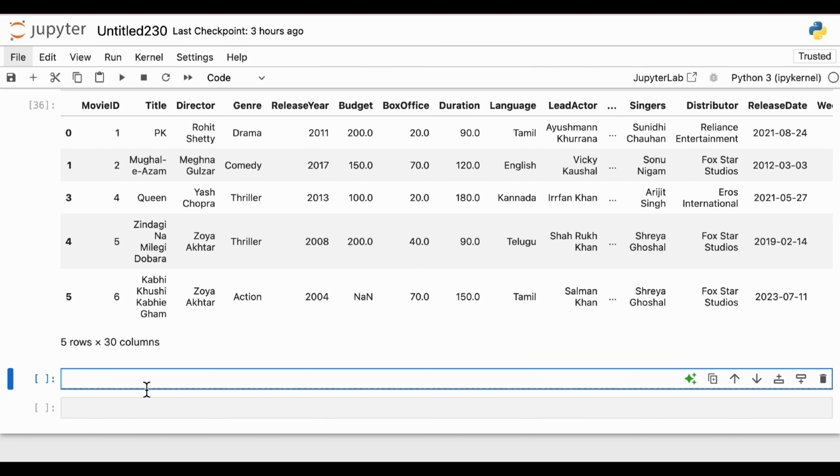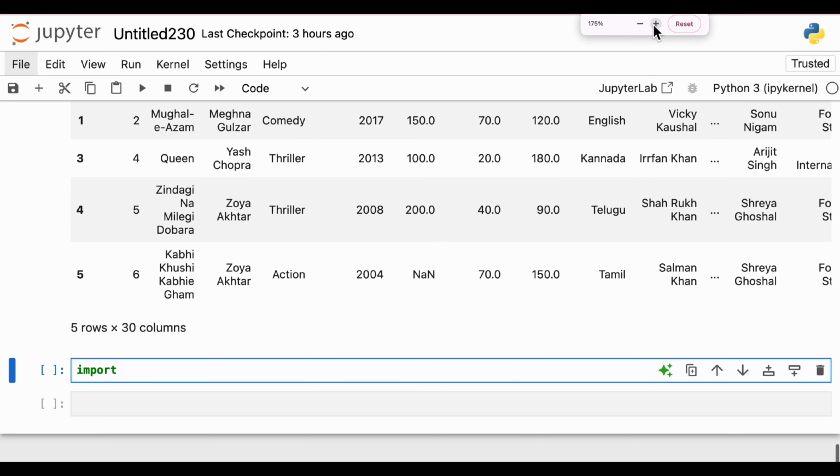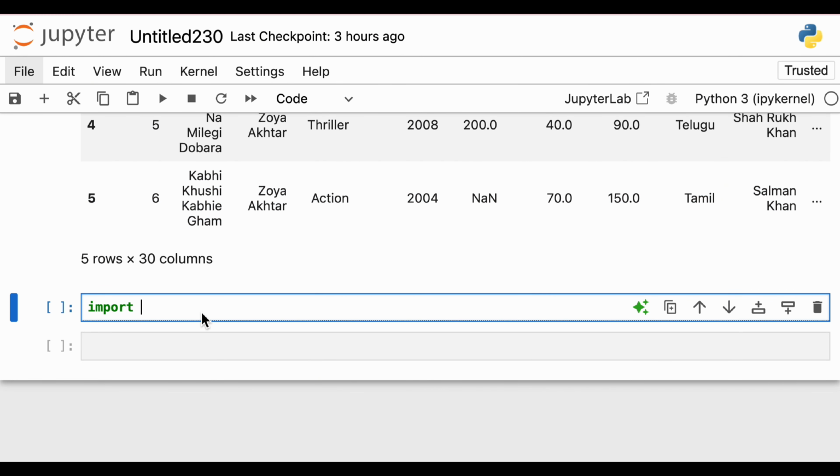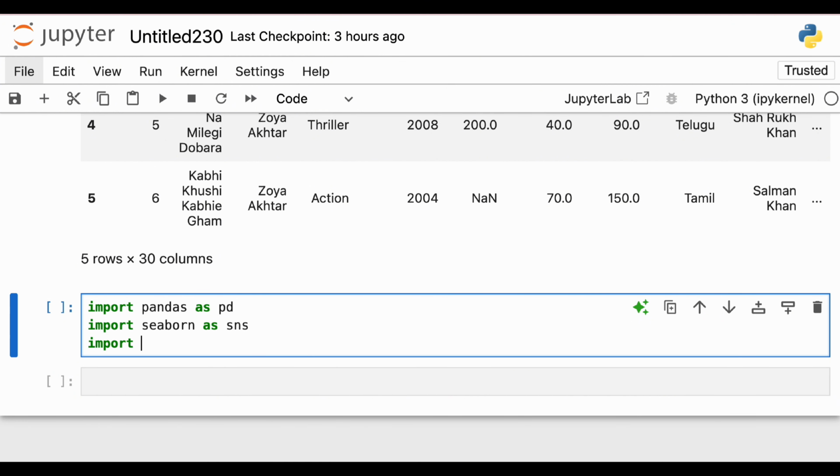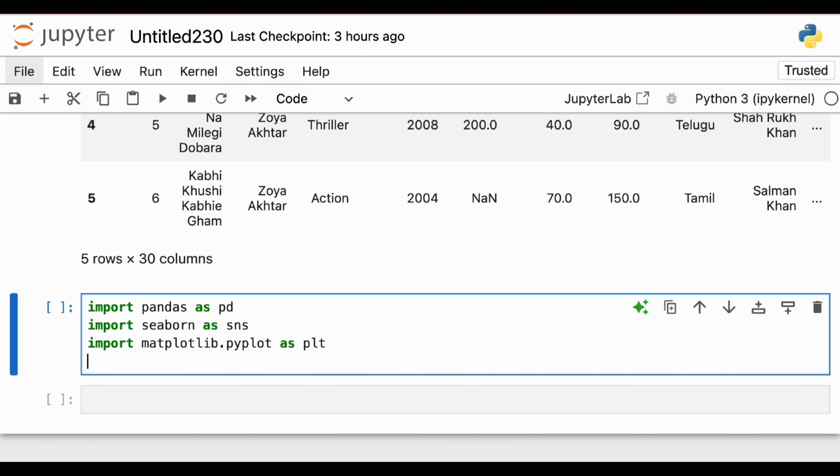So first of all, let me import the libraries once again. Let's say import pandas as pd. Okay, import seaborn as sns, import matplotlib.pyplot as plt. I'm just ensuring I have my libraries. So import